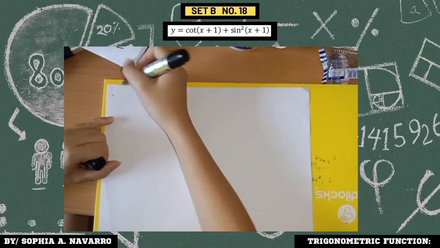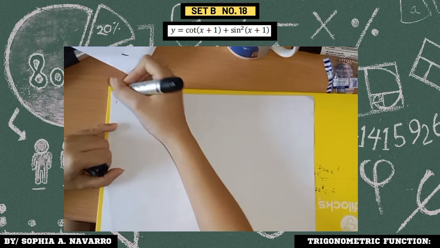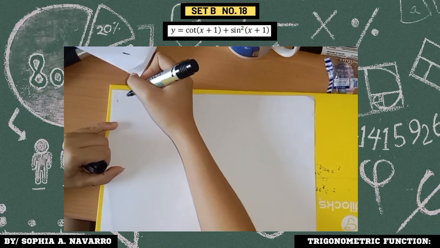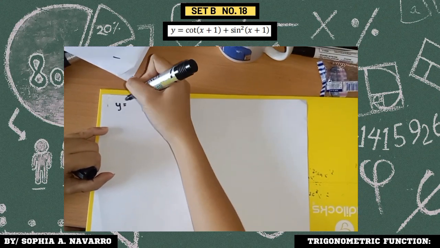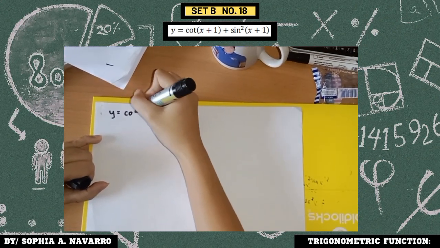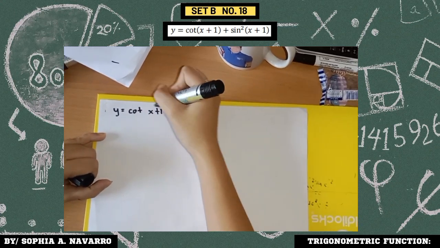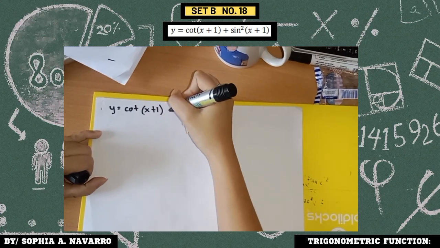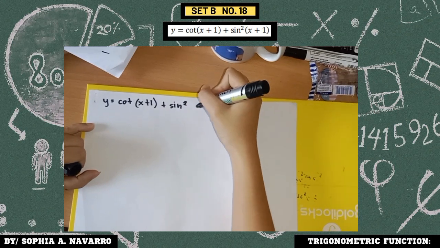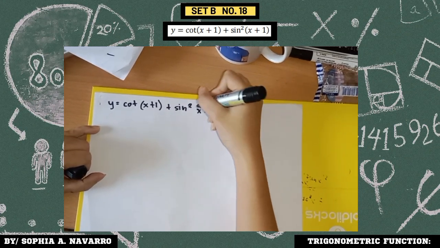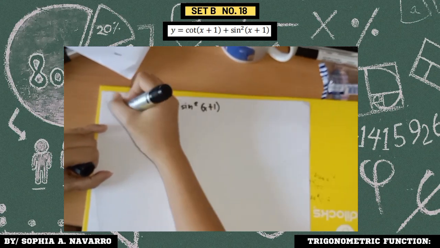Let's solve for the set B. And here is the given for my set B, which is the trigonometric function. Y is equal to cotangent of x plus 1 plus sine squared of x plus 1. And the y prime of this given is,